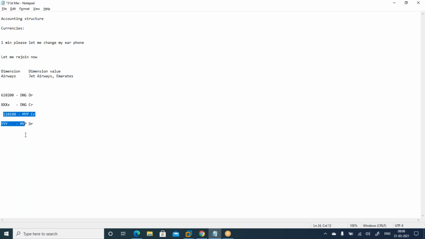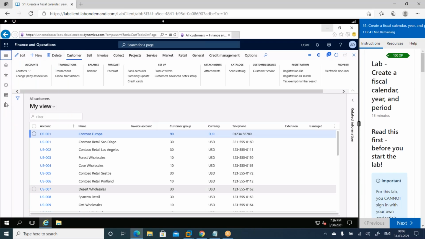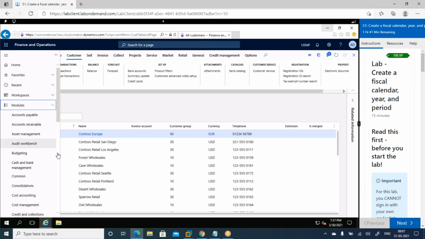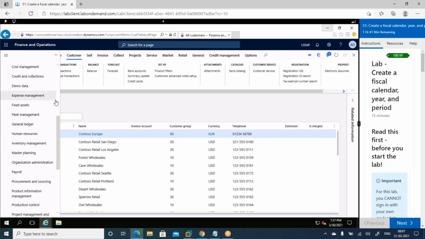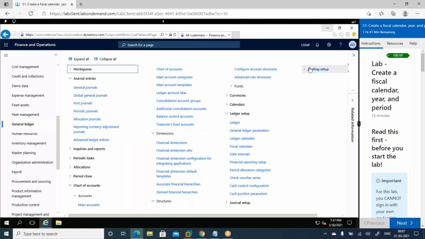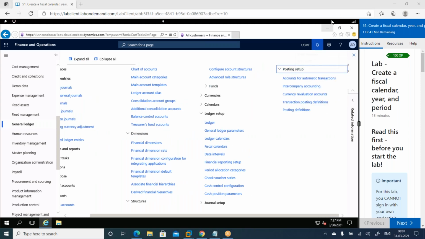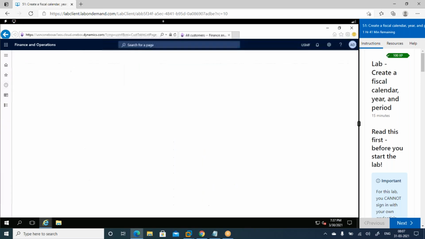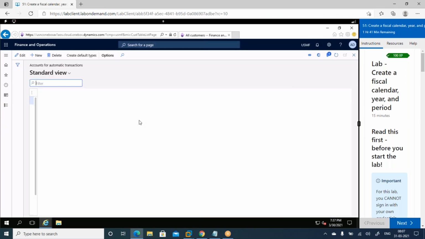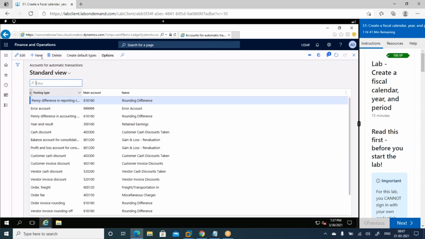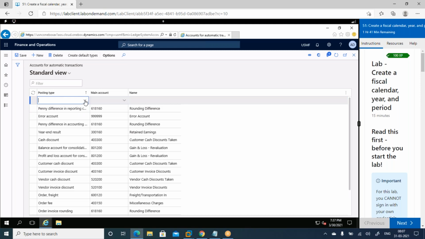If you enable that checkbox, then I will discuss intercompany financial transactions with you. At that time I'll show you, but let me quickly show you where it is available. You need to map it. If you are enabling that checkbox, then you need to map in general ledger, in posting setups, accounts for automatic transactions. You can add that. If you enable that checkbox, then you need to add